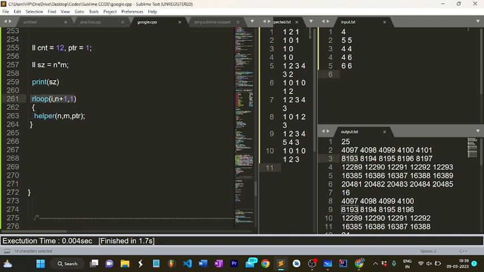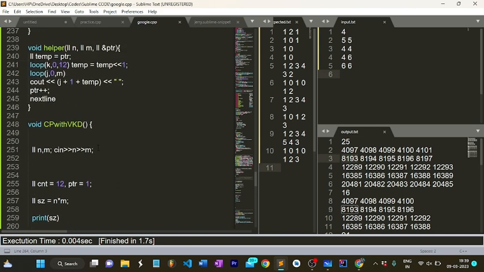We are calling the helper function n times. Why so? Because we have to print the n rows. Fine. So each time, the helper function shifts the temp variable by 12 times. So in this way I have constructed this one and this one, and in this one our first bit will